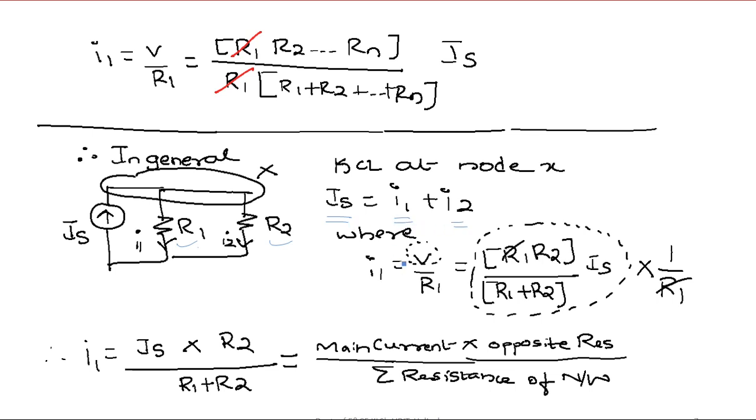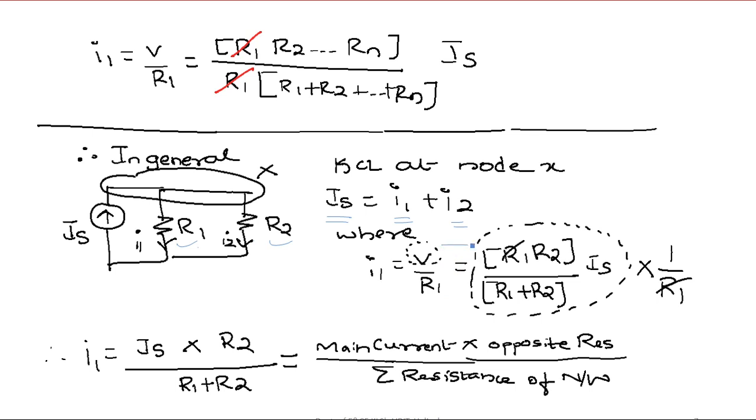If we define I1, by Ohm's law, it is the total voltage divided by the resistance. We are interested in calculating the current through R1, so you write the total voltage divided by R1, where the total voltage is nothing but V is equal to